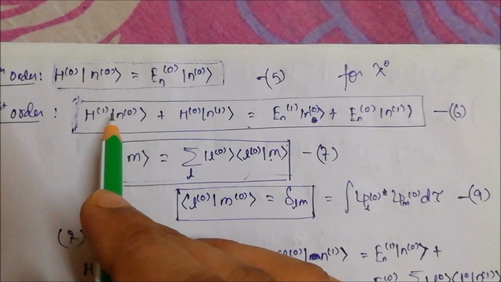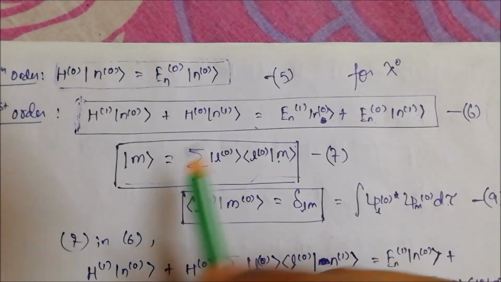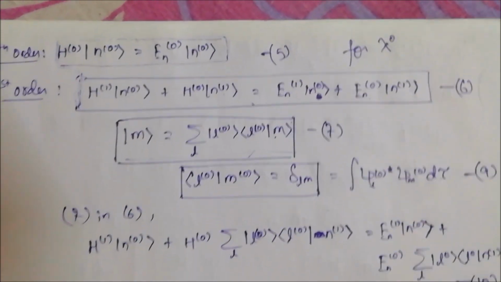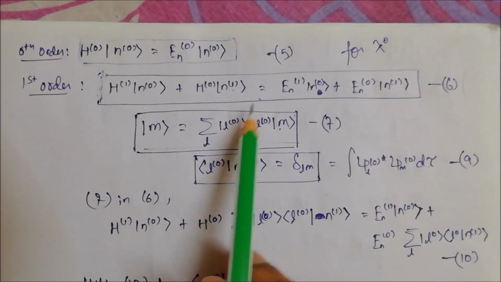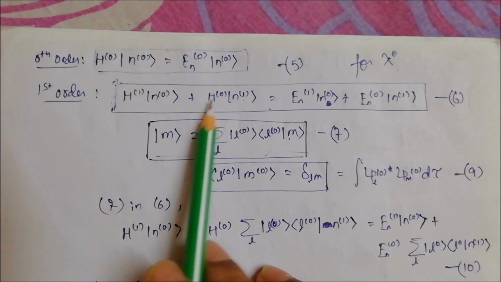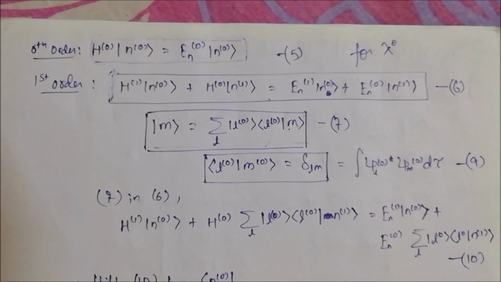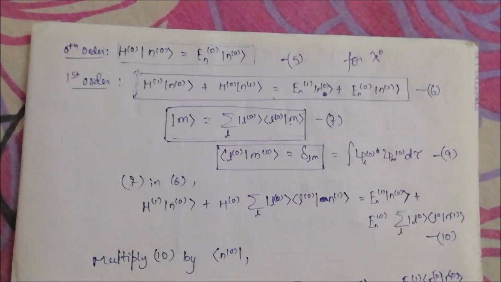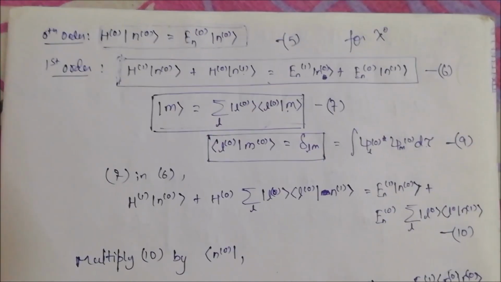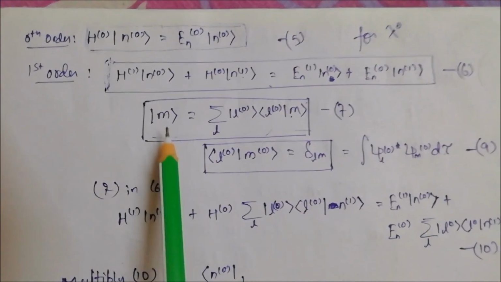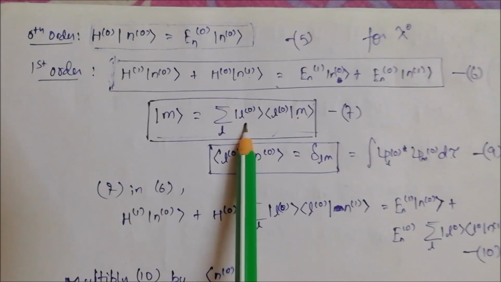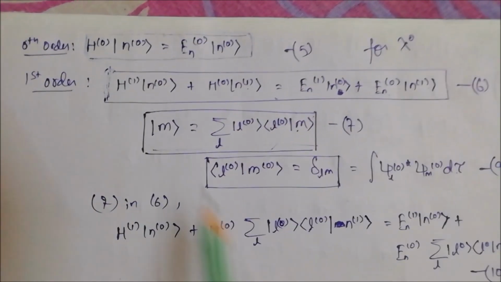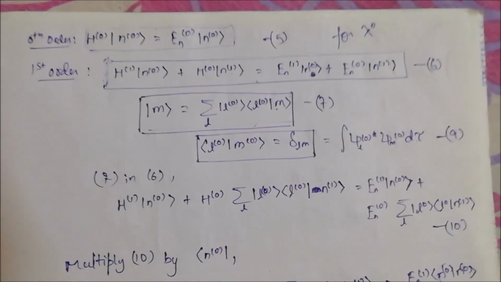So psi n1, as you can see, is just a first order correction upon psi n0. It's not an eigenfunction of H0, the undisturbed Hamiltonian, but a general function. Since the eigenstates of the initial undisturbed Hamiltonian are complete, we can express any arbitrary function as a linear sum of the eigenstates of the undisturbed Hamiltonian, and this is given by this. This is like a Fourier series.